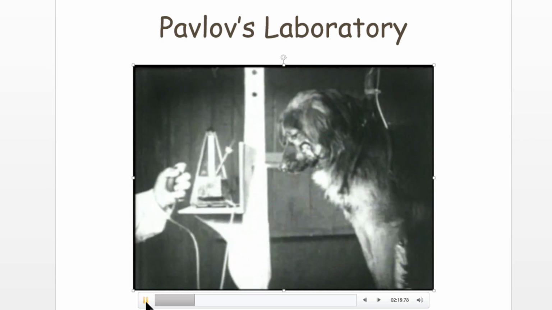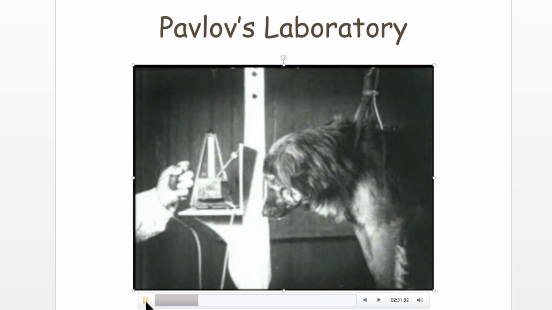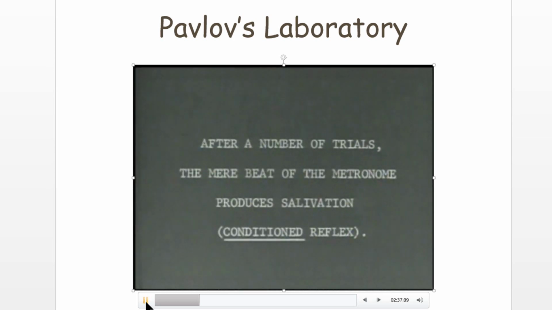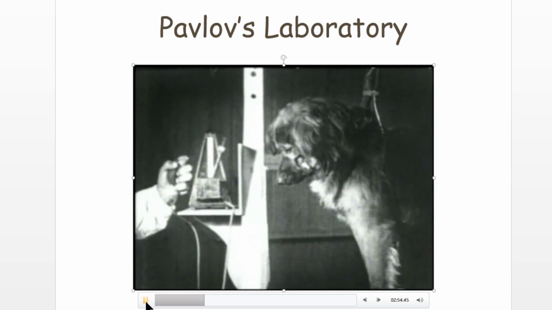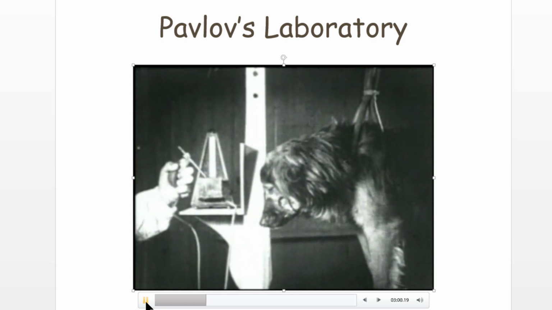In most of the rest of these scenarios, you're going to see the metronome used as the primary source of stimuli that will be associated with food in these experiments. In this particular case, the metronome, which we're going to call a slow beating metronome, will be associated with food. So when the metronome runs, the dog will always be fed immediately afterward. As a result, the presence of the metronome will become associated with food, and therefore the sound of the metronome itself will cause the dog to salivate.